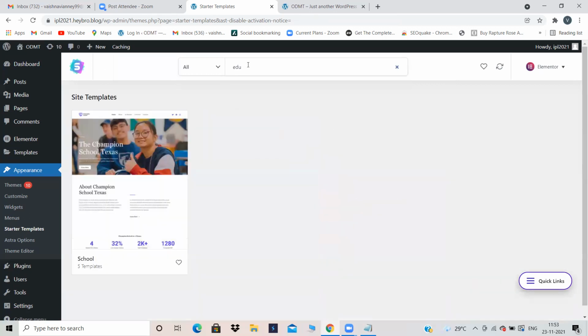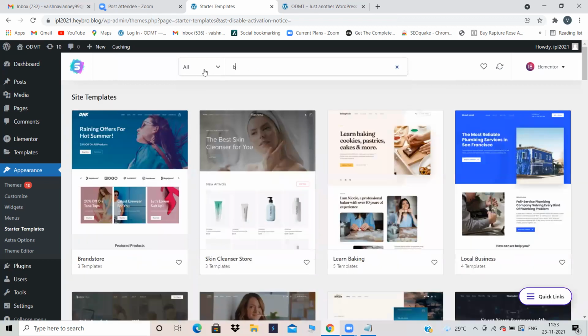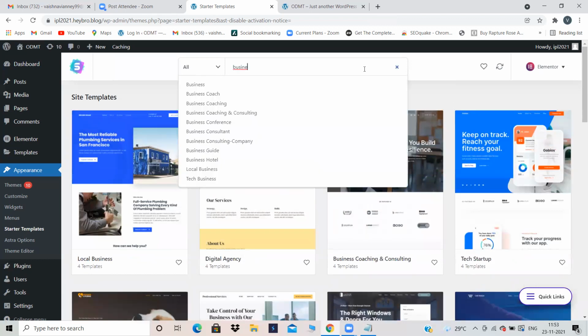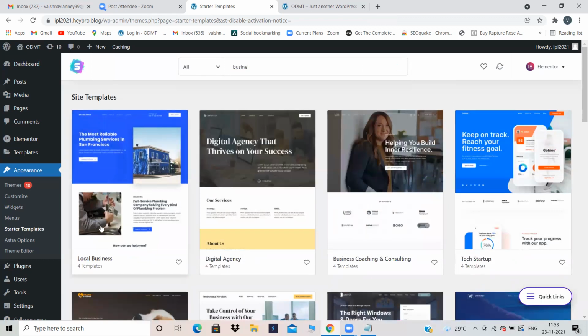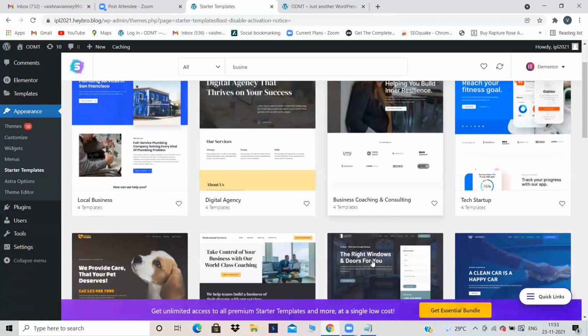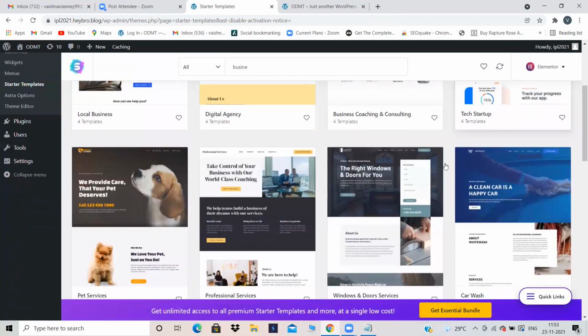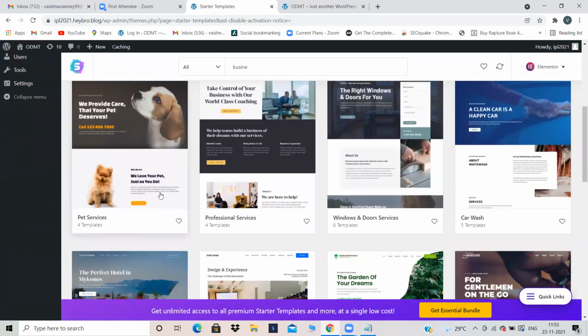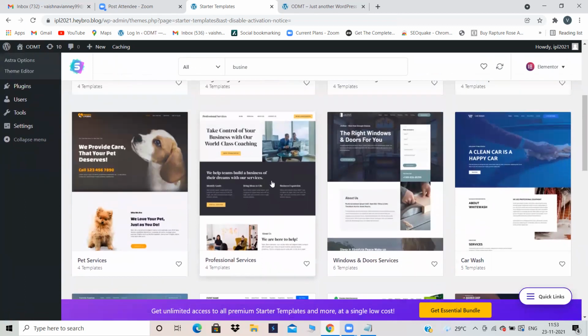Education themes we will see. See, local business, digital agency. If you have a digital agency, go for this. Business coaching and consultancy, go for this. Tech startup, you can go for this. This is about some pet services, professional services, whatever services you can provide.